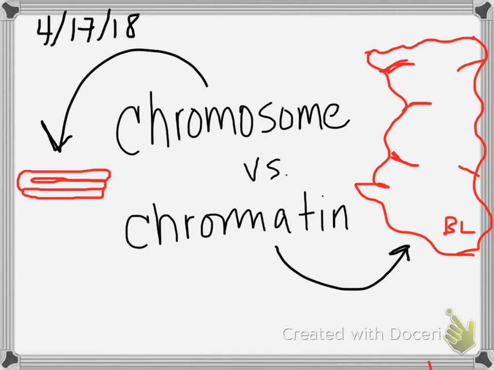Okay, so you guys came up with definitions for chromosome. Pretty much all of you said that they're DNA. A lot of you mentioned that there are proteins, that they're stored in the nucleus. And we're going to talk a lot about chromosomes, but I want to first clarify something that I feel like was never made clear to me, and I was confused because of it.